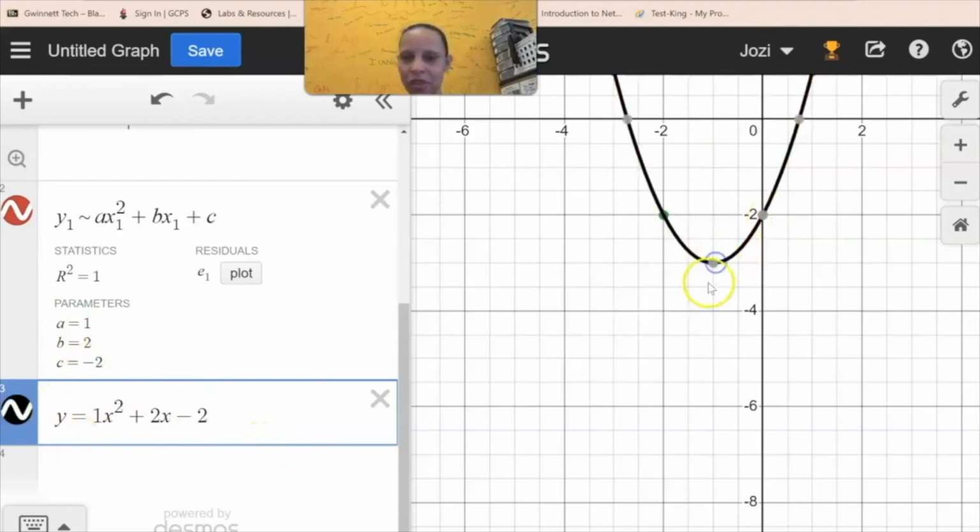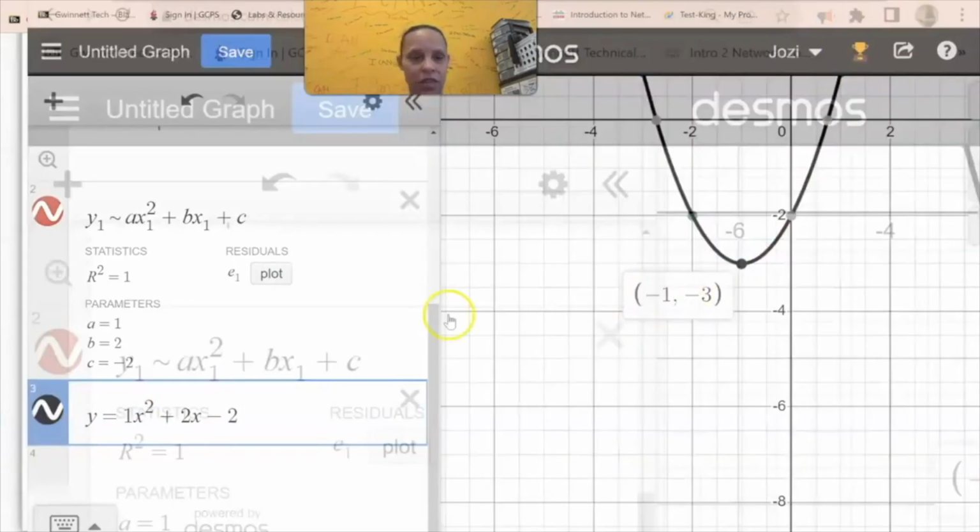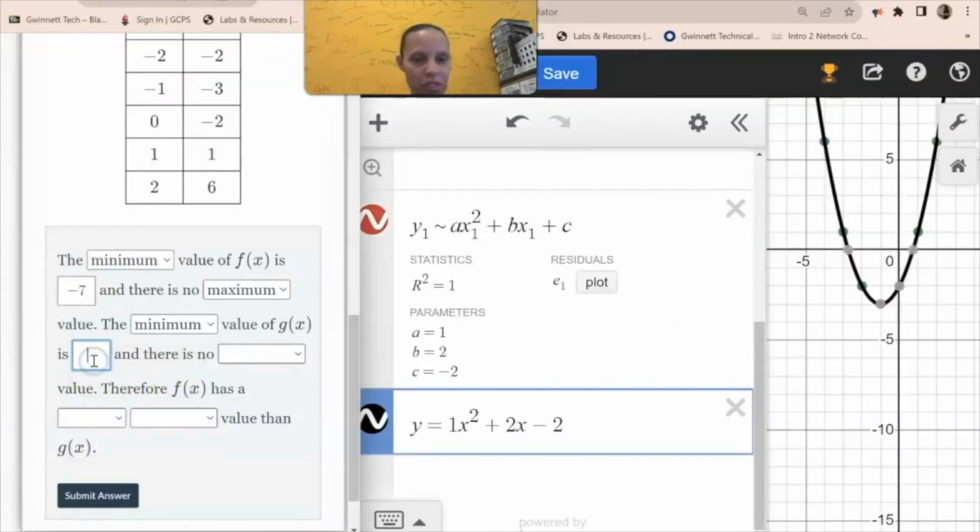So if it doesn't happen to give you one of the vertex points, I can see clearly it's (-1, -3). So once you put it in the table, it's -3, my y value. There is no maximum because it's a minimum. I can just see it. All right, therefore, which one is bigger? All right, so f of x is -7. F of x has a smaller